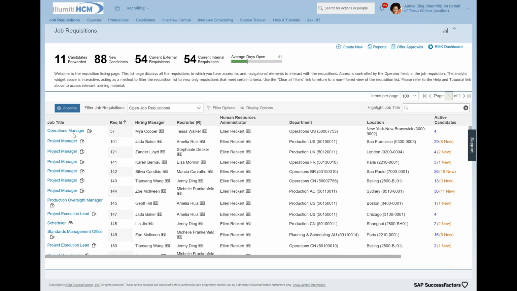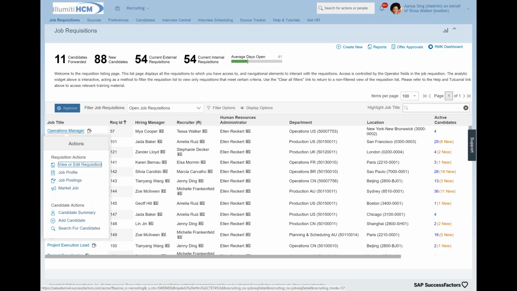If I want to go in and view a particular requisition, you can see it's hyperlinked. I can click right on it to go in and view it, or if I hover just lightly over it, I'm presented with some options. The ability to view or edit that requisition, the ability to look at the job profile associated with that requisition, to see where that job is posted, to go out and market that job to different sources, view the candidates applied or linked to this requisition, manually add a candidate or search for a candidate from my candidate pool or my talent community.